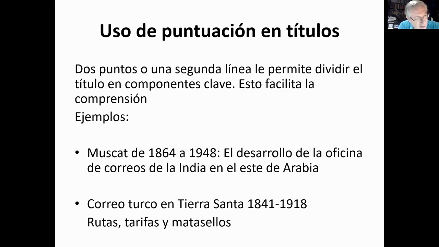But generally speaking, Aldo felt that for international exhibitions, more often than not, it was best to express the title of the exhibit in English rather than a different language, whether it be French, German, Spanish, one of the official FIP languages. The reason for having the title in English was to really have the broadest possible